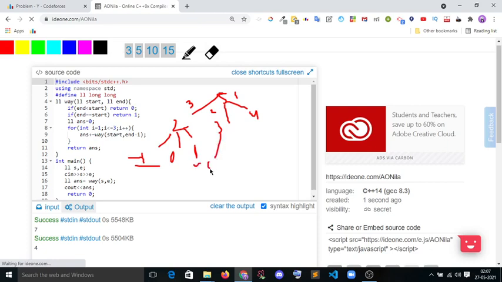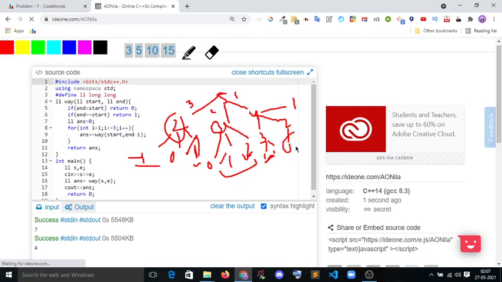3 minus 3 becomes 0, 3 minus 2 becomes 1, 3 minus 1 becomes 2, and 2 gives the value 1 only once. So this is 1, this is 2, and this 2 also gives 1, giving 3 in total. Okay, 4 gives 3, 4 gives 2, 4 gives 1, and here 3 gives 2 1, so it also gives 2 1. So 1 2 3 4 5, and 2 will give again 1 1, so it becomes 6, and this one becomes 7. Okay, this is the second part.